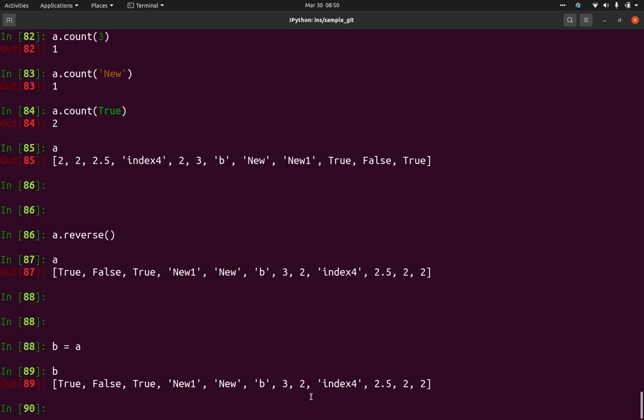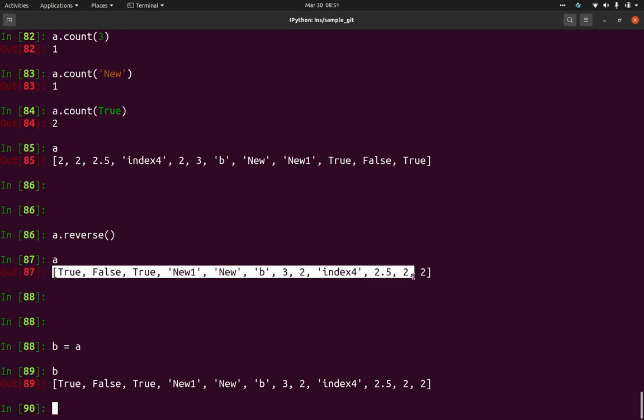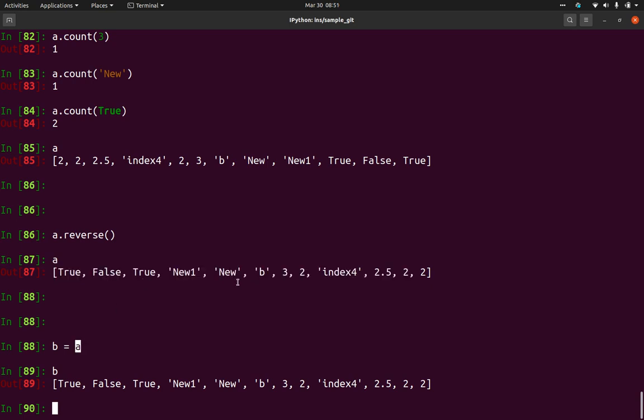So B also has the same elements as A. But whenever we are assigning like this, the list is stored only once in the system. The list is always stored only once, but it is referenced by two different variables. It is mapped to two different names. So the same list is referenced for A and also for B.